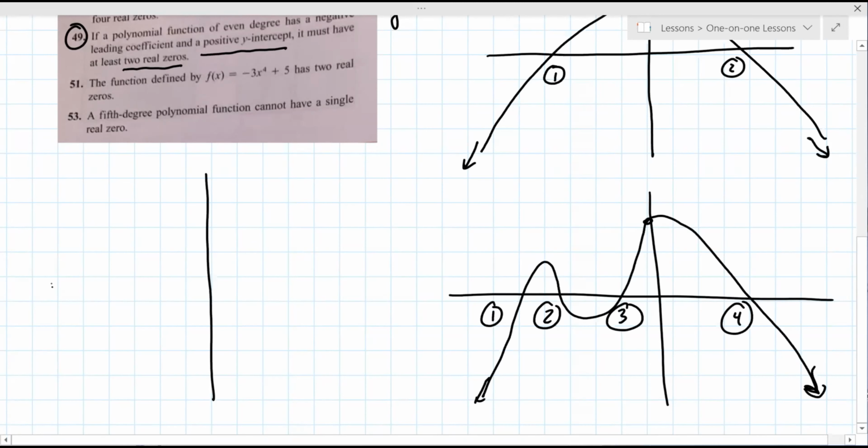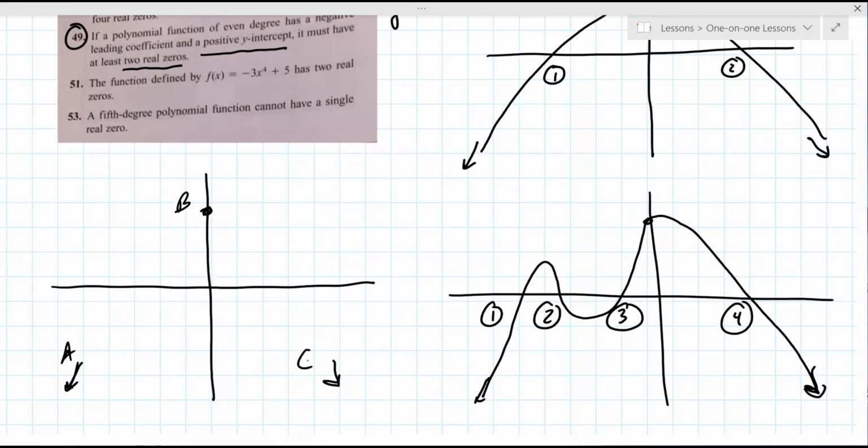Now, here's what we're trying to say: is there a possibility that it starts low and ends low? It has to somehow hit here, but it doesn't cross at least twice. Is there a way to get from A to B to C and only cross 1 time or no times? No, that's not possible. So this is false? This is true. Oh, it's true? Okay. So if it was false, you'd be trying to look for something that